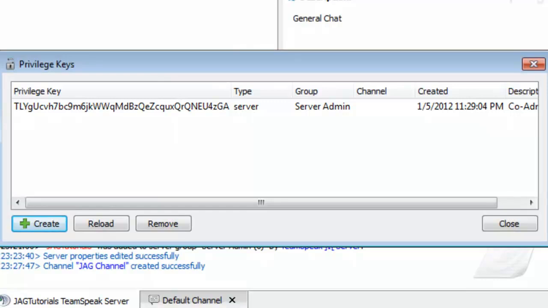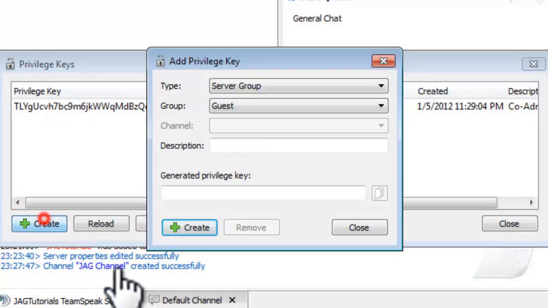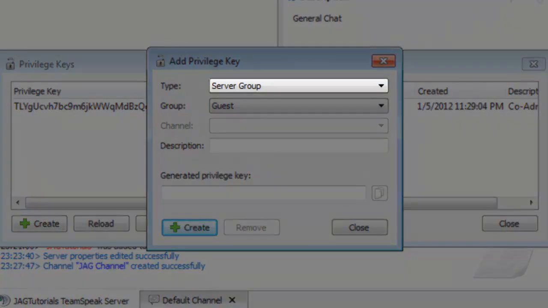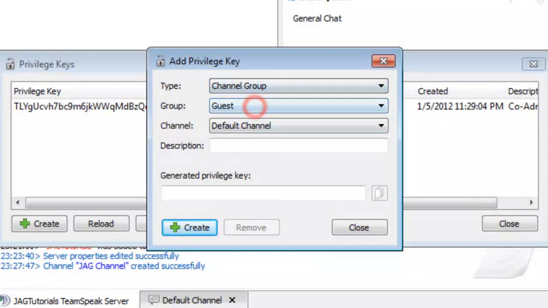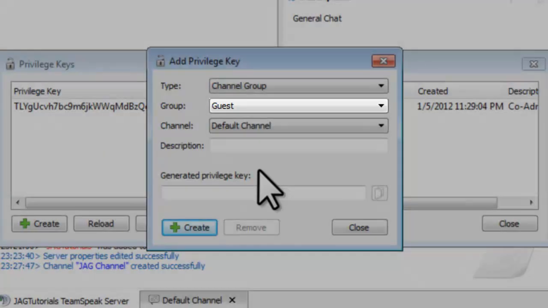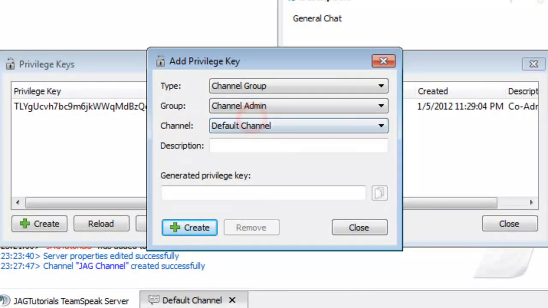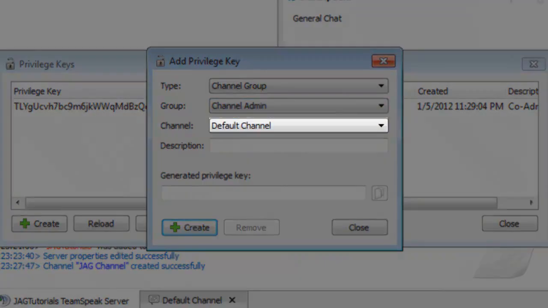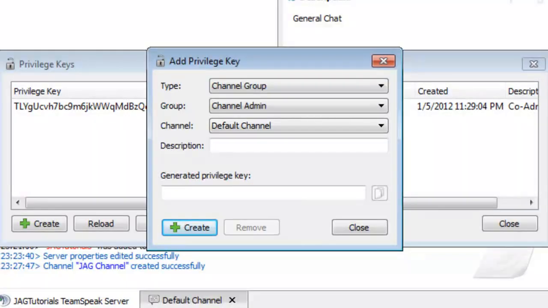For our second key, we'll create a new channel group admin key. Click the Create button. Change the type to Channel Group. Change the group to Channel Admin. Channel. Select the channel you want to give this key permission to administer. We will select the JAG channel created earlier.